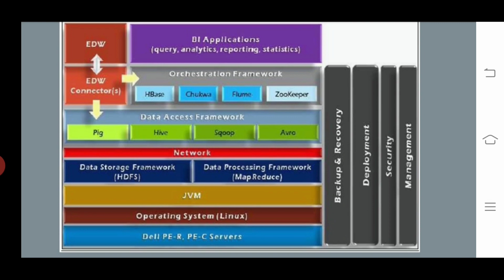By making a block large enough, the time to transfer the data from the disk can be made significantly larger than the time to seek to the start of that block. Thus the time to transfer a large file made of multiple blocks operates at the disk transfer rate. In each and every block, we want to transfer some larger files made of multiple blocks, operating at the disk transfer rate.